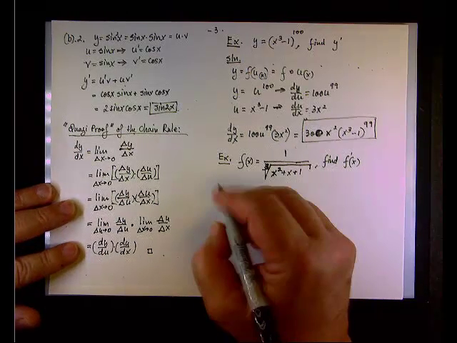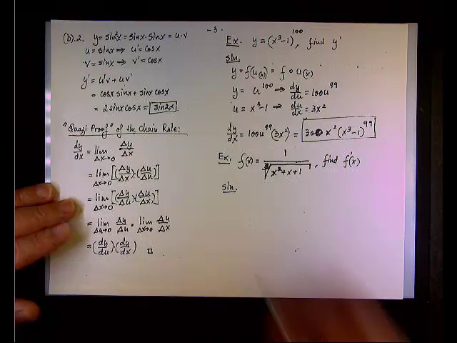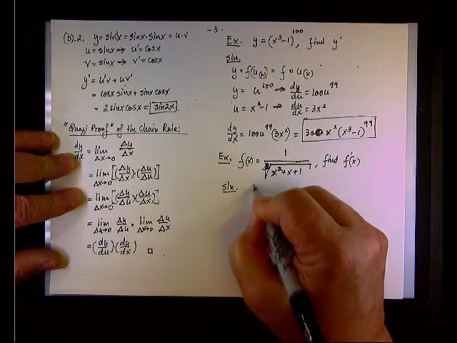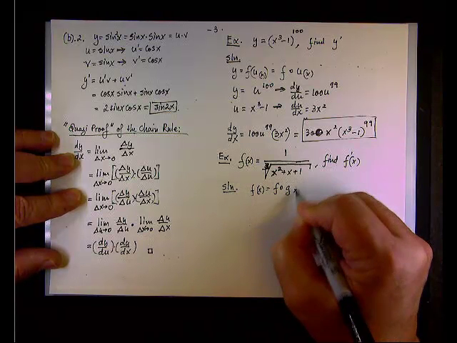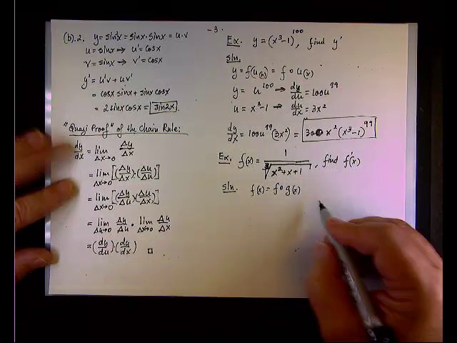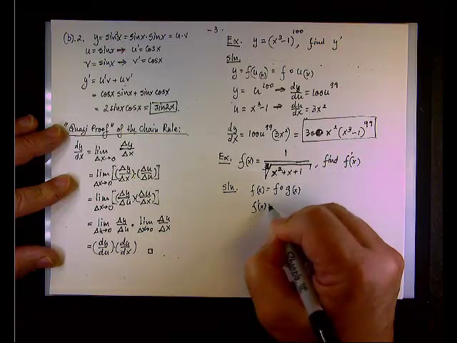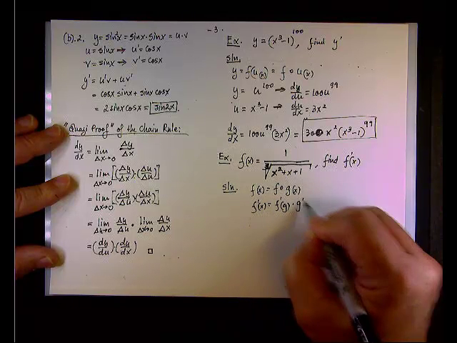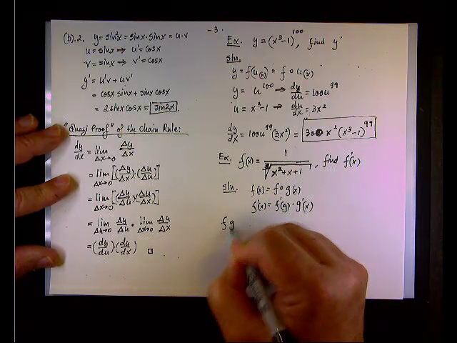Okay, let's do f and g here. Notice that I'm mixing both notations. So we're going to say that f of x is f composition g of x. And remember, the derivative f prime would be f prime of g times g prime of x. So f of g,